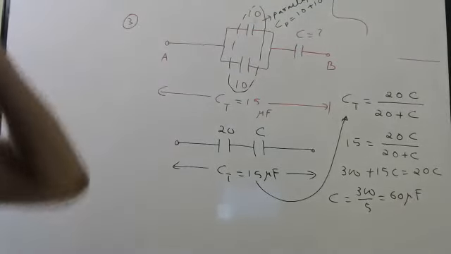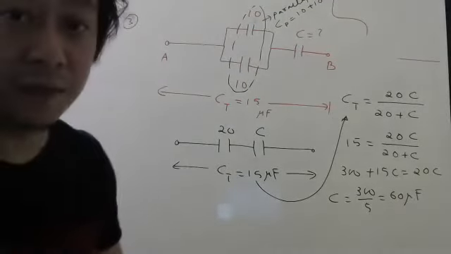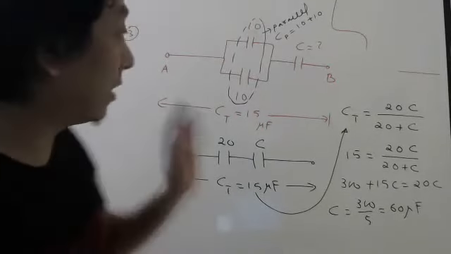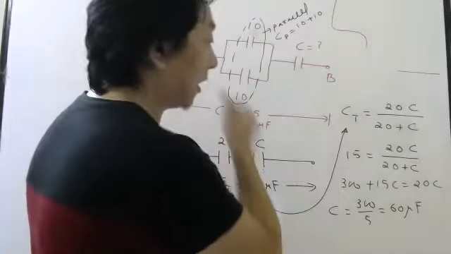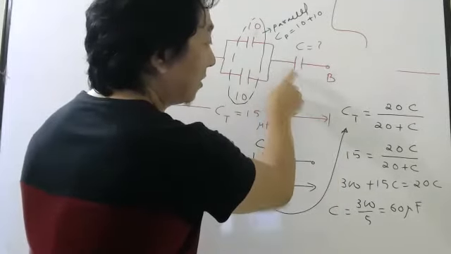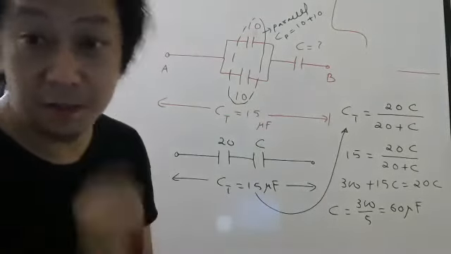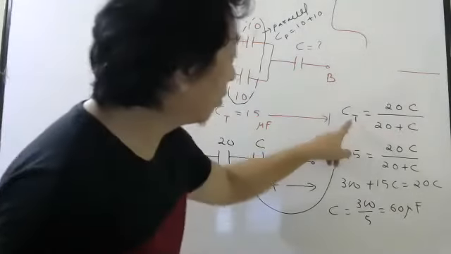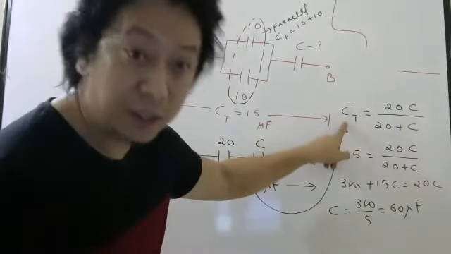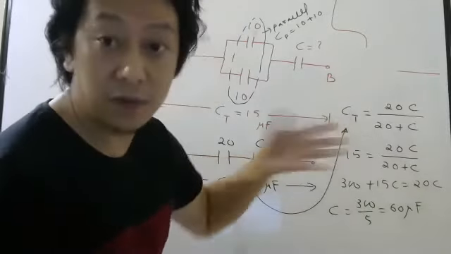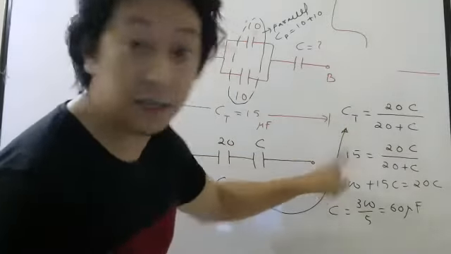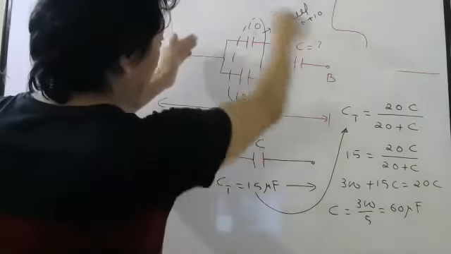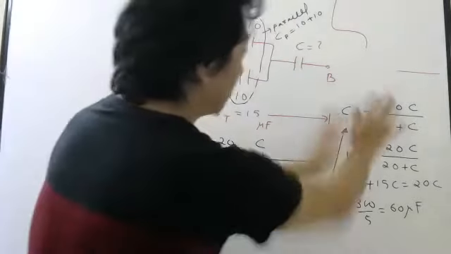Okay. So this time they did not ask you the total capacitance. Be careful. They asked you one of the capacitance, but they gave you the total capacitance. So just find the formula for total capacitance. Substitute whatever they have given for total capacitance. Between which points? A and B. So you have to simplify this circuit first and then use the formula.